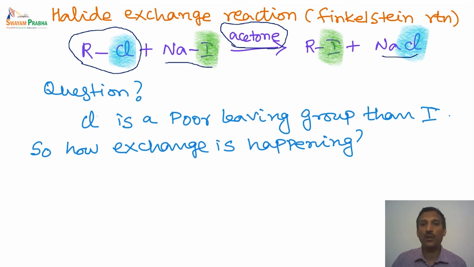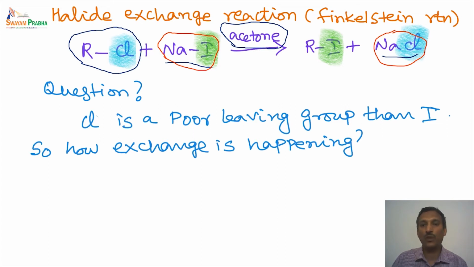So this is a complicated question to answer because, as we know, an easy substitution is far better compared to a difficult substitution. So how does this reaction actually work? If we look at the mechanism or if we look at the product distribution, we will get some clue. So what is the product that is formed in this reaction? We have sodium chloride that is formed in the reaction. We are starting from sodium iodide in the reaction mixture.